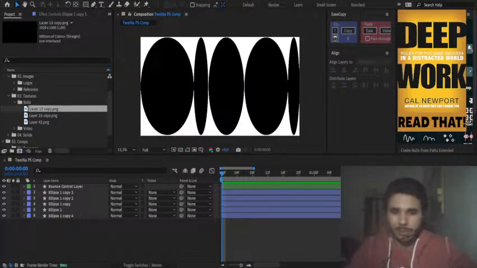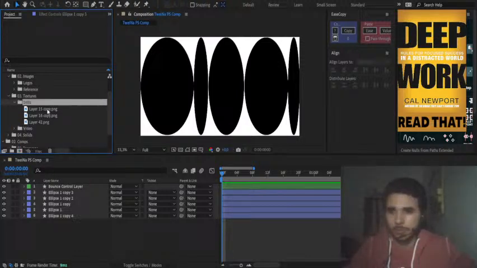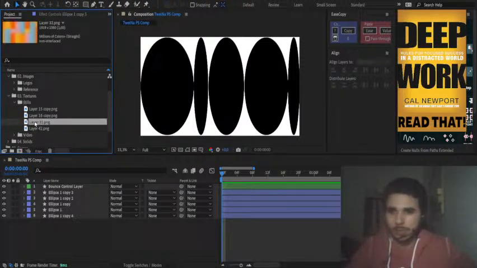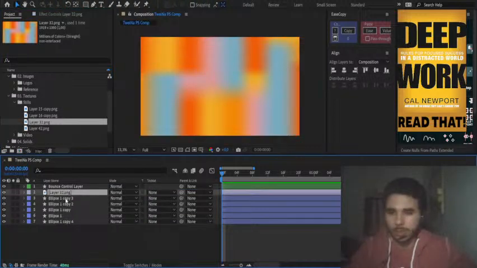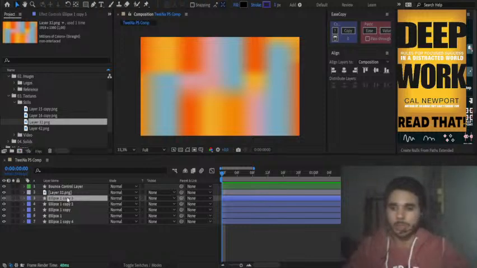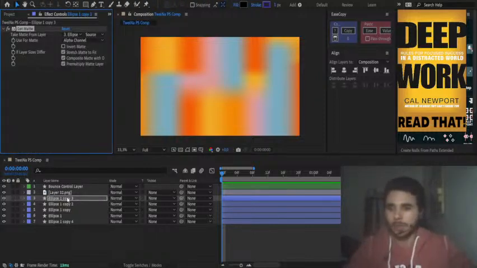This isn't really a texture, but I'm gonna be using it as a mask for these balls. Yeah, I don't know how this is gonna work. Go here, set matte, and then choose ellipse. No, choose this layer.